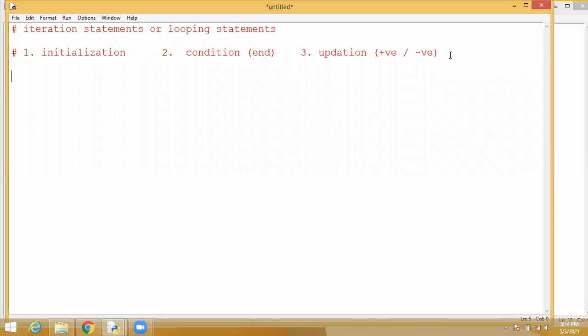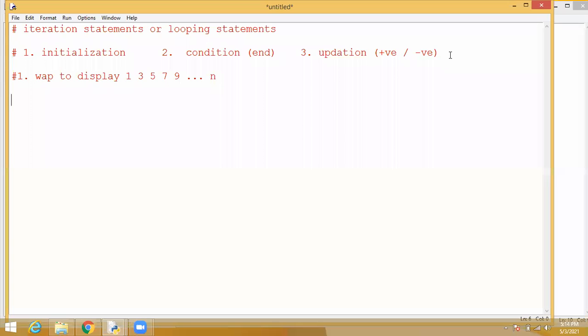So I will use some simple statements. First, a simple program, using iteration statements, you want to display like this. Write a program to display 1, 3, 5, 7, 9, up to whatever value you are getting, that is n. Suppose if you are getting 20, it will display all the odd numbers up to 20. Students understood? This is the first program.